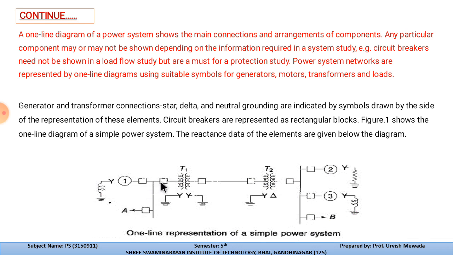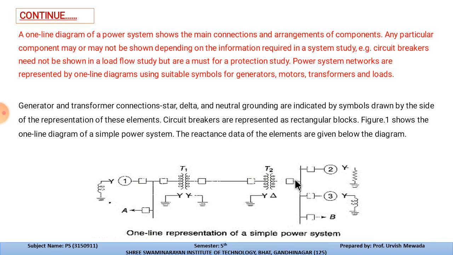Then after that we have the transmission line, then the circuit breaker, and then we have the transformer T1, star star, meaning both are in star connection. And then again a circuit breaker, then the transmission line. And over here the transformer is T2, and it is star delta. So this 4 wire system will be converted into the 3 wire system RYB using this.